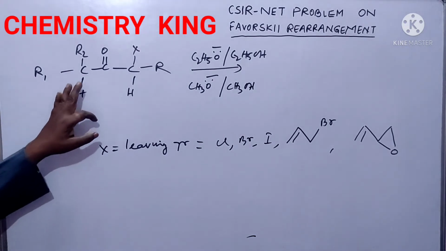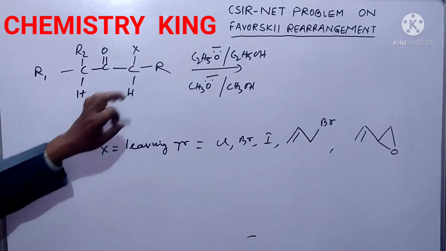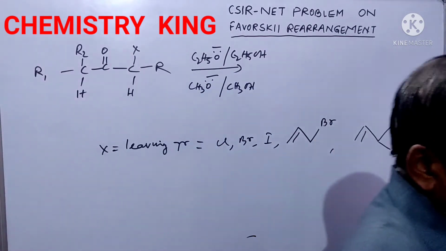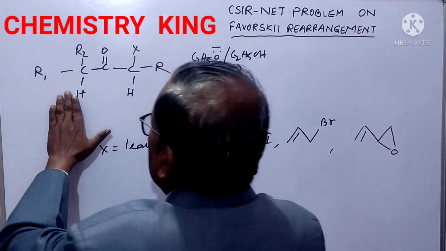Now here it is alpha carbon, means it is alpha hydrogen. First of all, we have to see which hydrogen is extracted by this base. If this hydrogen is extracted,